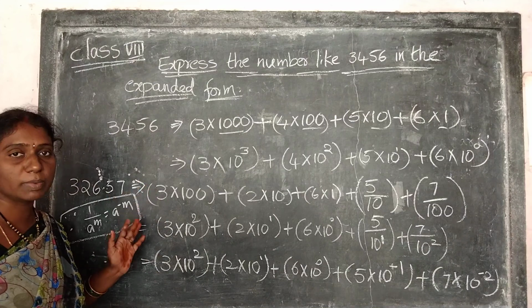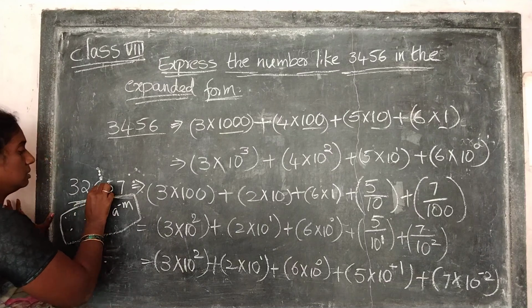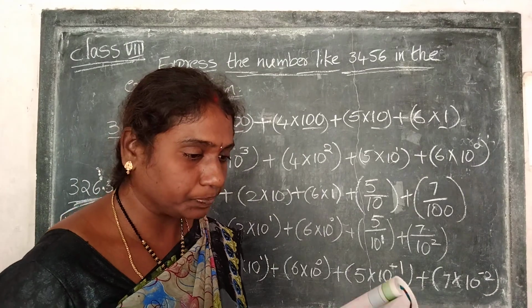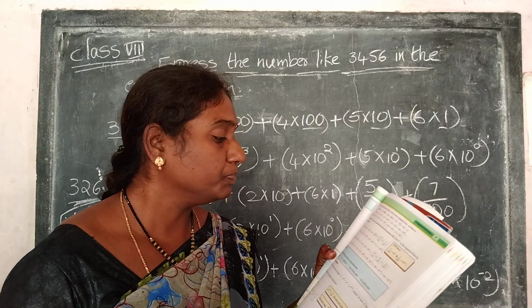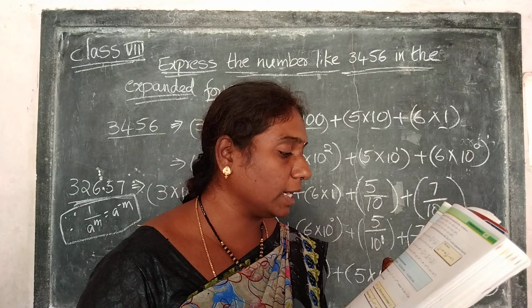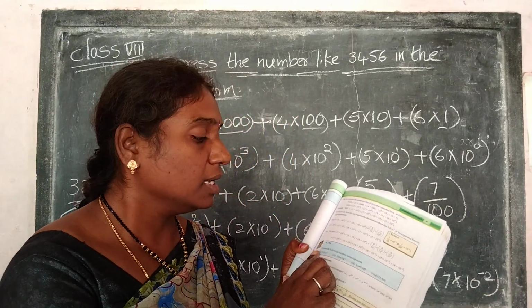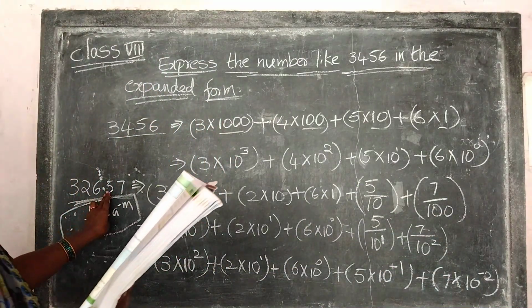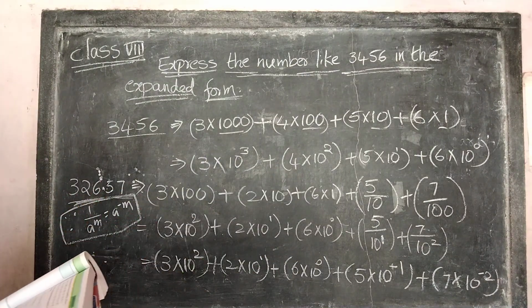This is the expanded form of given decimal numbers and whole numbers. All of you understood these two methods? The first is for a whole number and the second is for a decimal number. On page number 87, there is a Do This exercise: Expand the following numbers using exponents. Here 4 questions are there. Use the same method. All the sums have decimal numbers, so use the second method and complete those 4 questions yourself.